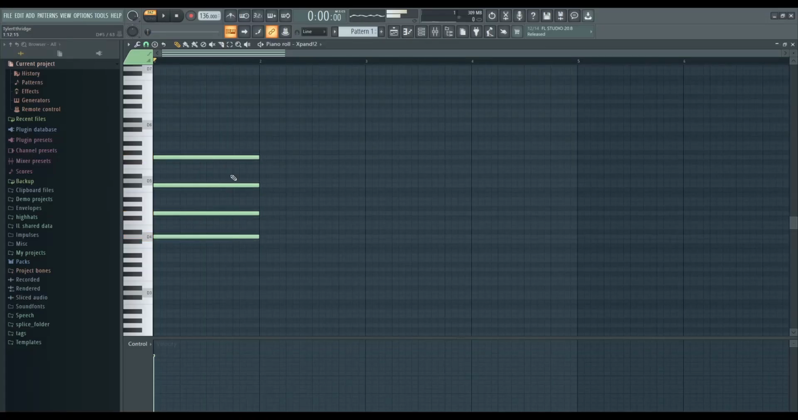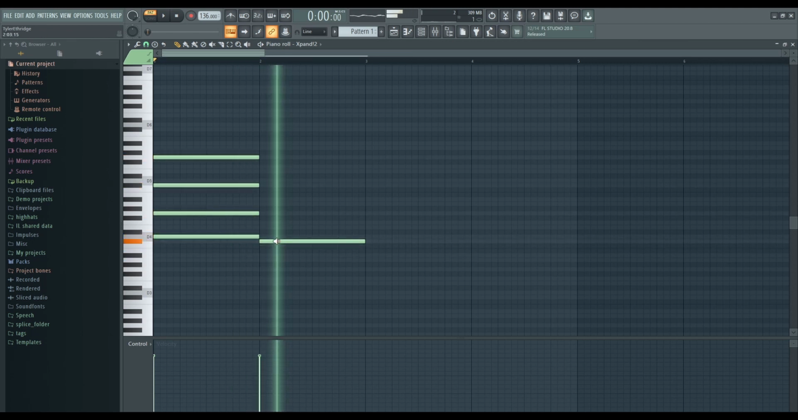So with all that out the way, let's get right into this beat. The first thing I like to start out with in my beats, always, is a nice chord progression. I just played out a simple chord here. I believe it's in C sharp. It's in D minor. And then from there, I wanted to